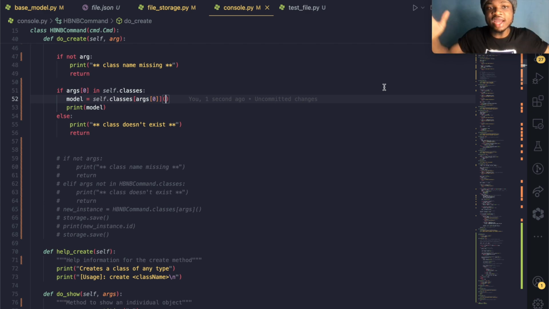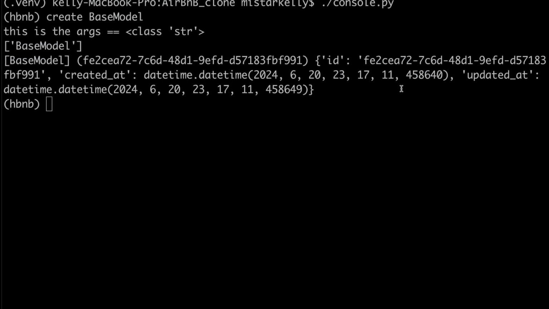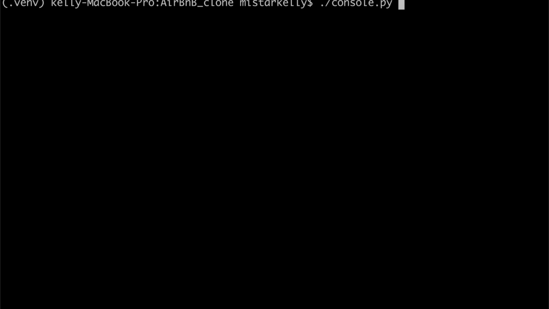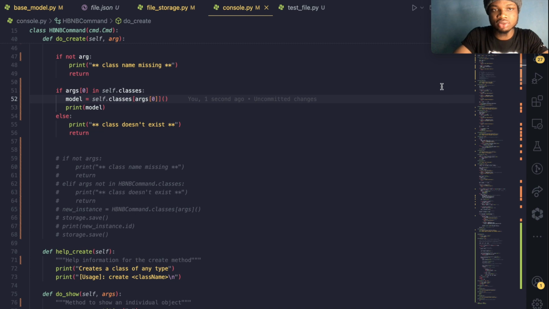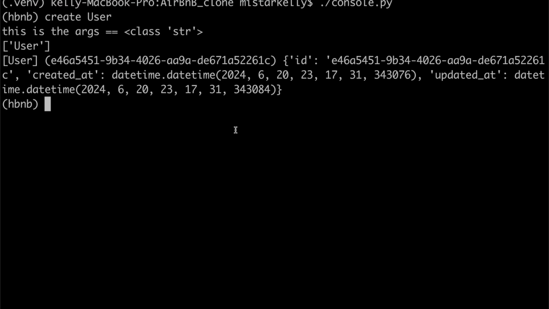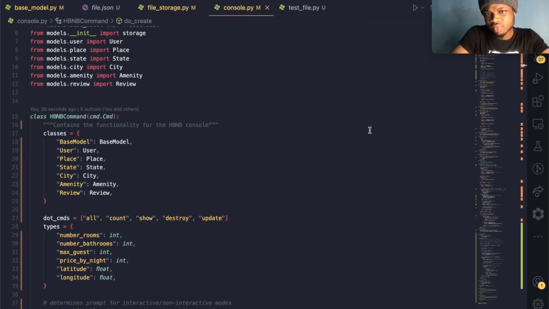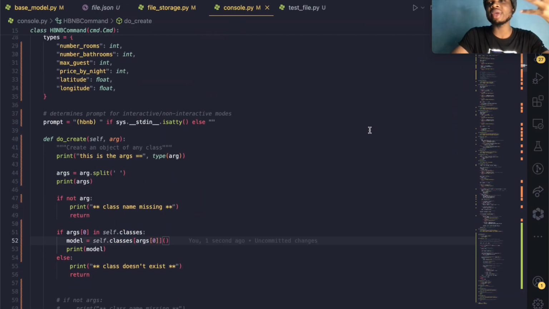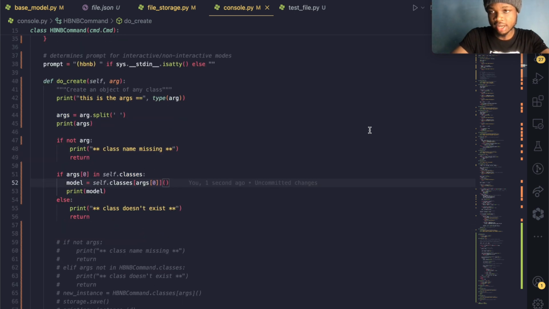You see, we've dynamically created a BaseModel instance, and right now this is pretty efficient. We could now create any other class that exists. So class User actually exists over here because we mapped it over here. And it created a class of User. It does make sense, right? So this is how we dynamically create an object by mapping it